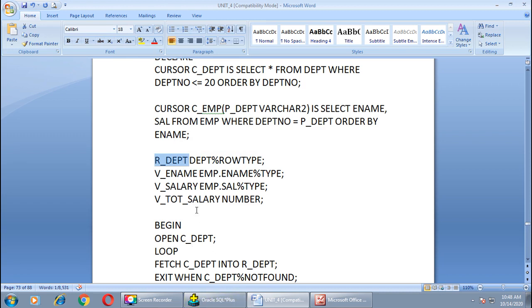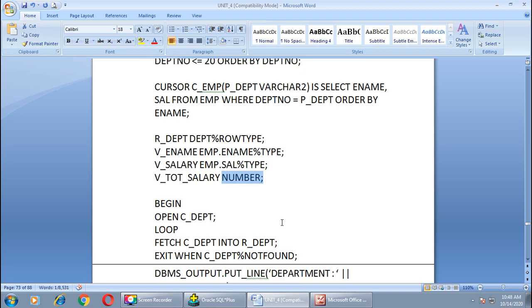Then V ename has the same data type as the ename field of the employee table. Similarly, V salary has the same data type as the salary field of the employee table, and the data type of V total salary is number.